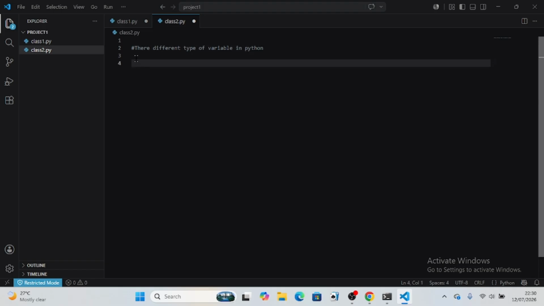The first kind we'll look at is the string. Now the string is very popular. And what are string values? The string values are values that are alphabetic,